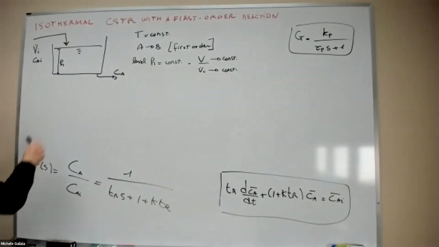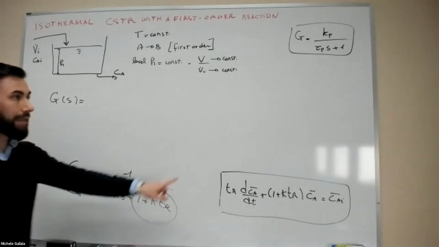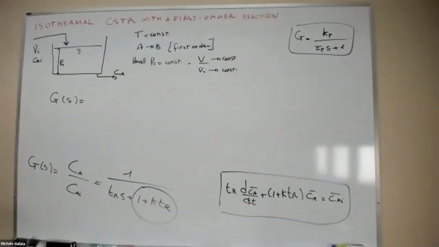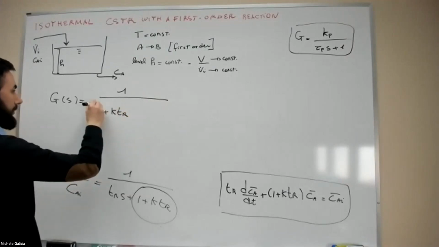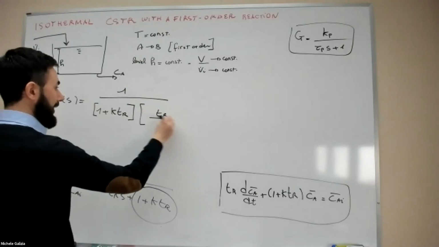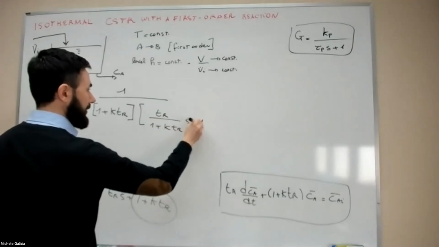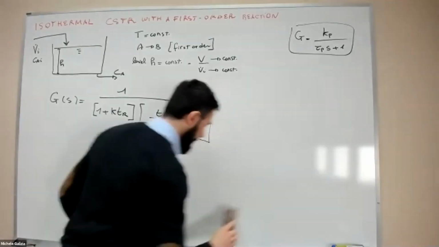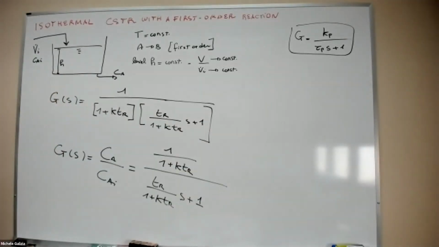So I have to make sure I transform this into 1. So let me collect this out. 1 plus KTR, which multiplies TR divided by 1 plus KTR s plus 1. And so what we get is finally